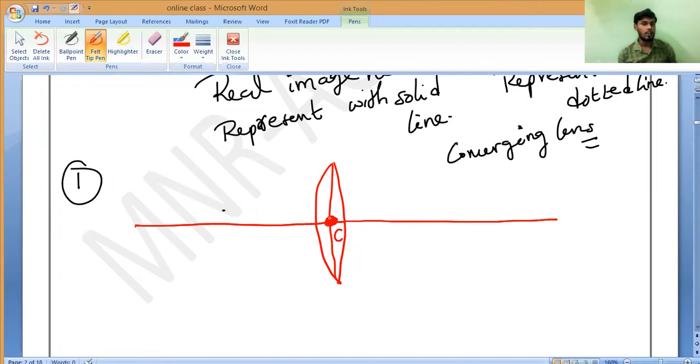All of you observe very carefully. Tell me the naming. Here what will come? F dash. And here F dash. 2F dash. All of you should remember this perfectly. And on this side what will come? F, 2F. See how neatly I am drawing, the same way you should draw.